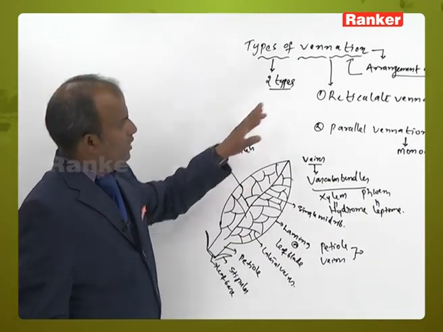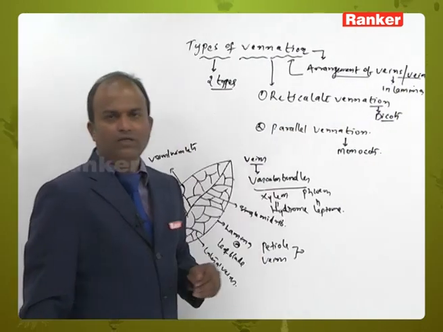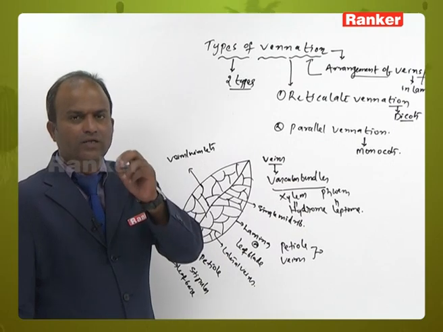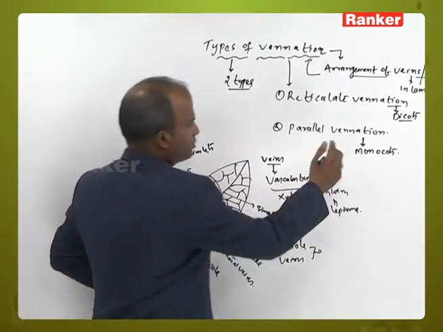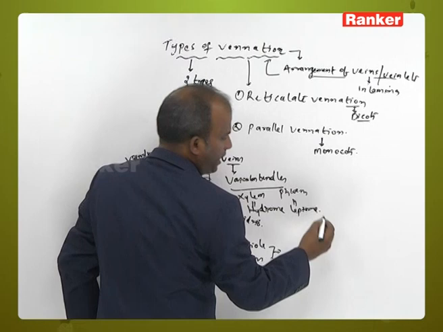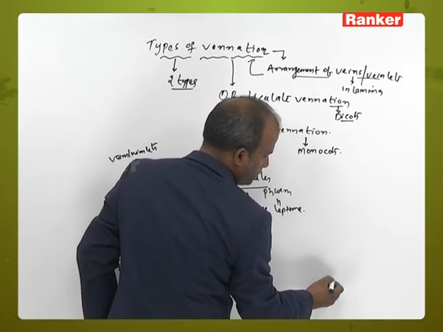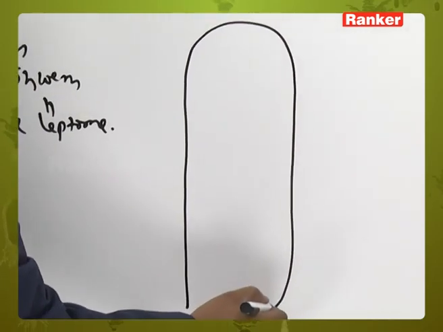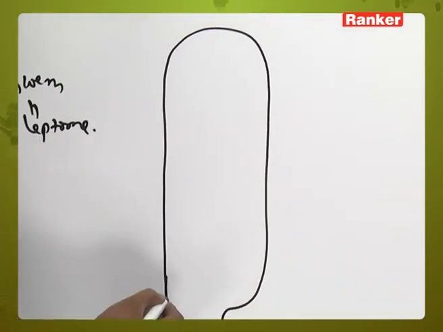This type of reticulate venation can be seen in dicots. Next, we go to parallel venation. In parallel venation, think this is the leaf. For example, think this is the leaf belonging to